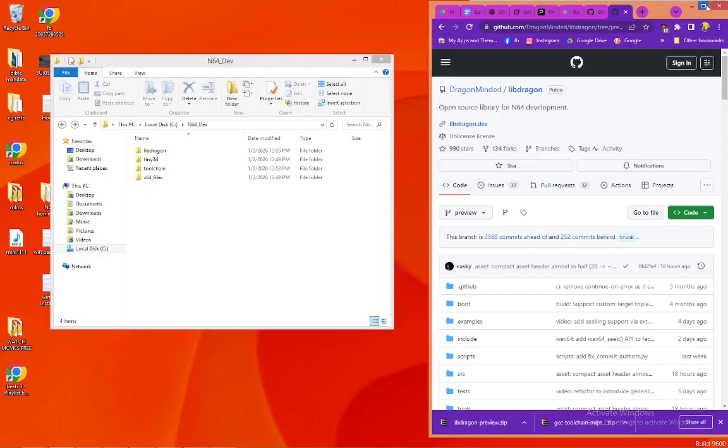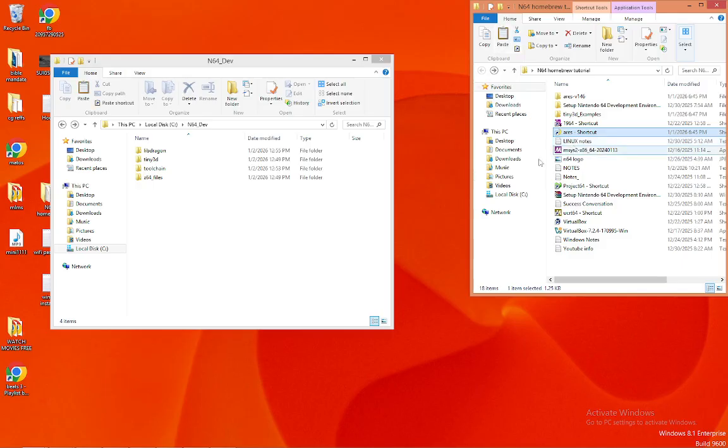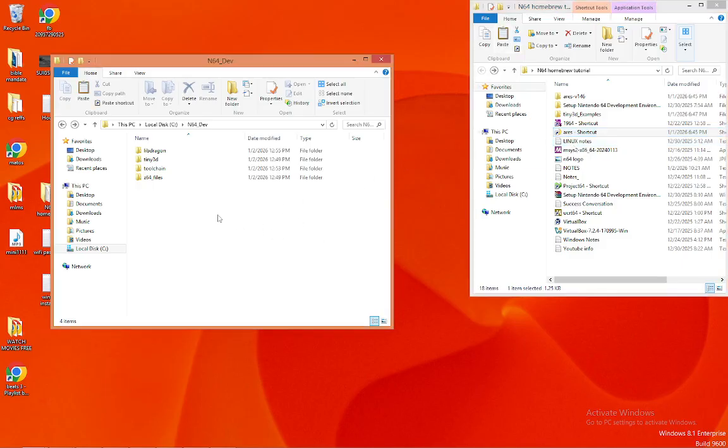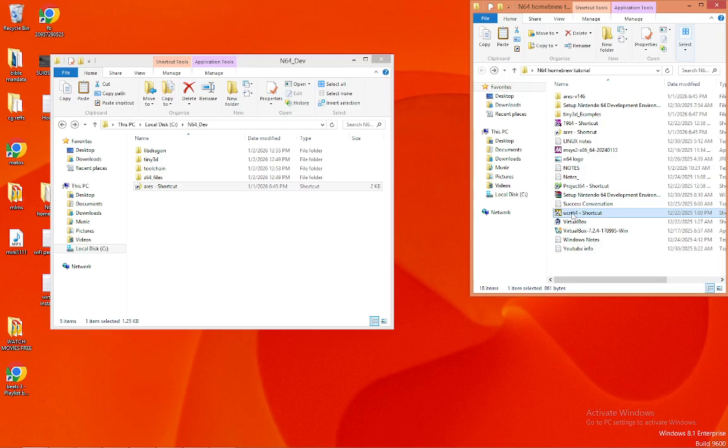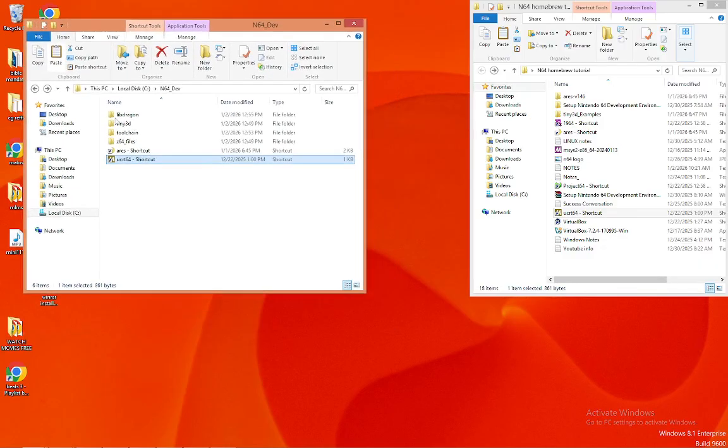Okay, so what do we need now? Let's go grab our Ares shortcut, because remember I told you to download Ares, so you should have that. And let's get our MSYS UCRT64 shortcut. We'll put that in there as well. So now what we want to do, let's see what terminal commands we're going to need to use. Okay, so first thing we need to do, let's go ahead and open our terminal up,